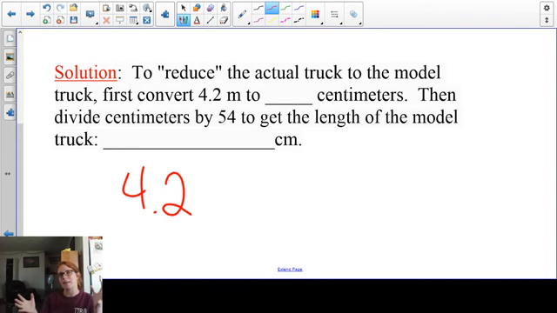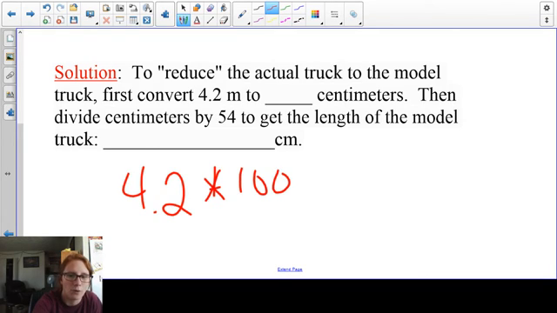If I divide, dividing makes numbers smaller. If I multiply, it makes them bigger. Meters, yes, are larger, but deal with smaller numbers. So I want to deal with bigger numbers. So I'm going to